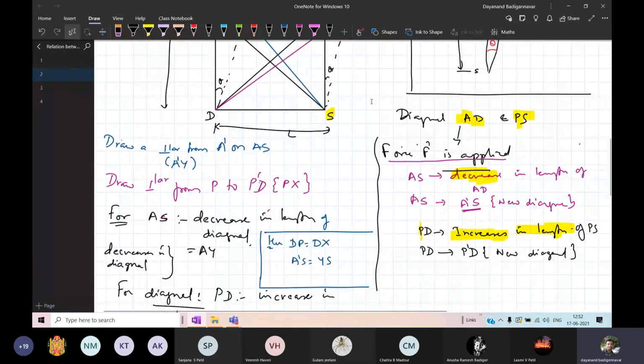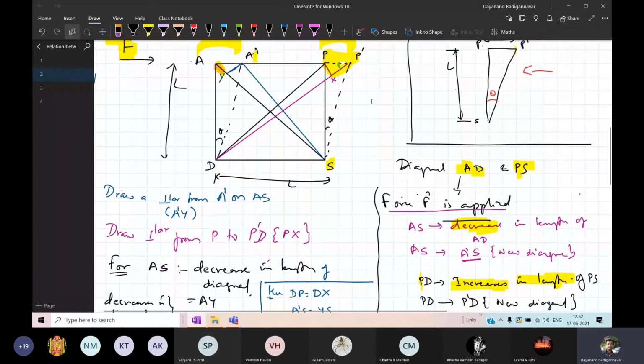Now, what happens here is this. This face is actually a cube. Whatever the face you have, this is nothing but a cube. For the cube, all the sides are equal, L. Got it? So I can have the triangle. Look at this triangle, which triangle I'm talking of? This is the triangle D, P and S. This is actually an isosceles triangle, DPS, or triangle DAS. These are nothing but isosceles triangles.